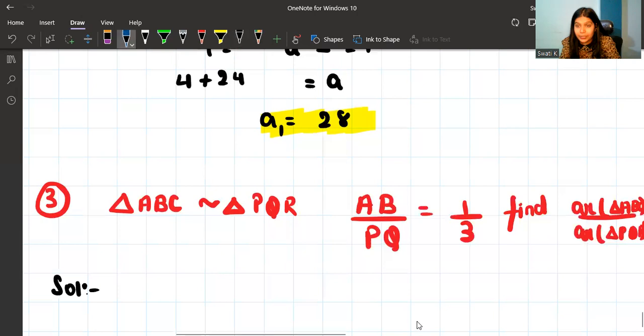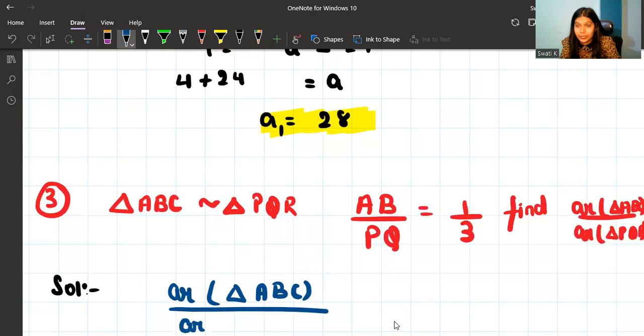Okay, so I just said it, so I'm not going to write it. You have to write it. You will write down: since the triangles are similar, therefore the ratio of the areas of these two triangles is equal to the square of the ratio of their proportional sides. So it simply says that the ratio of the area of triangle ABC to triangle PQR is equal to the square of the ratio of the sides. So AB square upon PQ square,